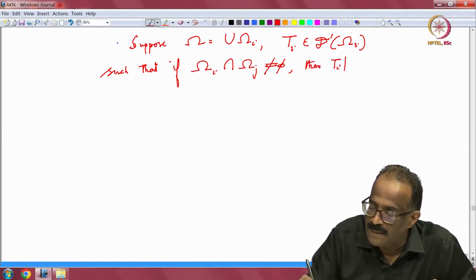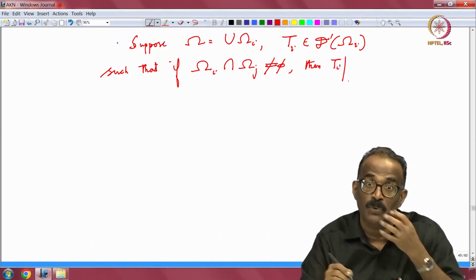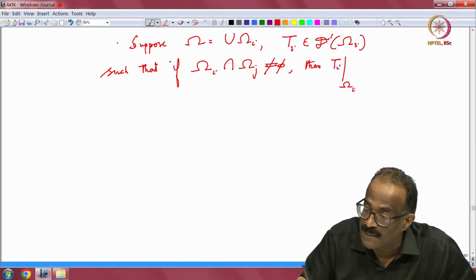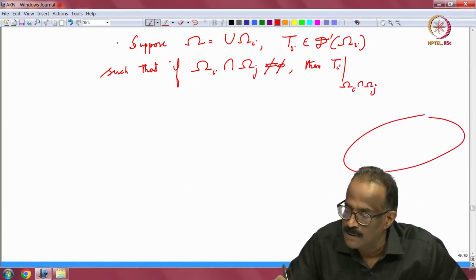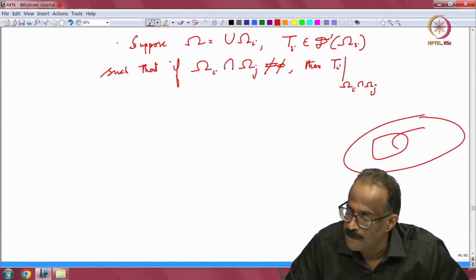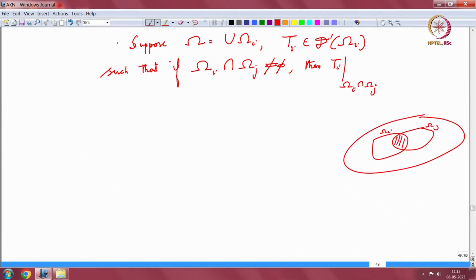T I, you can restrict T I, which you have already seen how to localize. So, you can restrict to omega I intersection omega j. So, you have omega I and omega j. You can restrict T I to the intersection omega I intersection omega j. This should be the same as T j restricted to omega I intersection omega j. Then